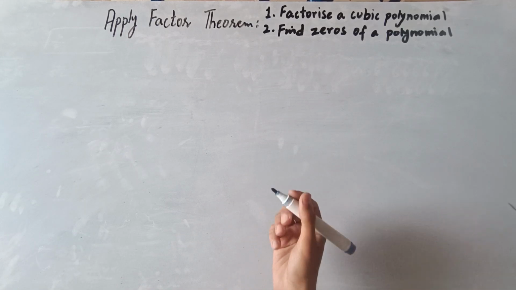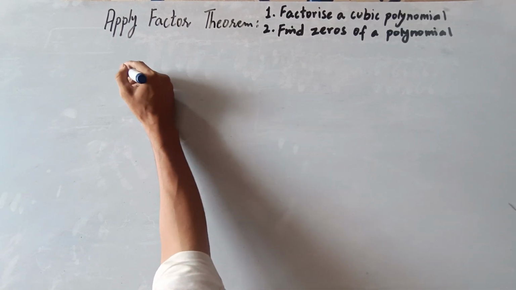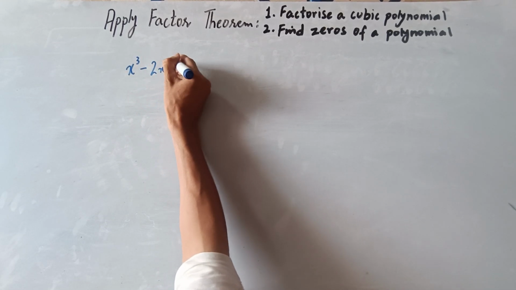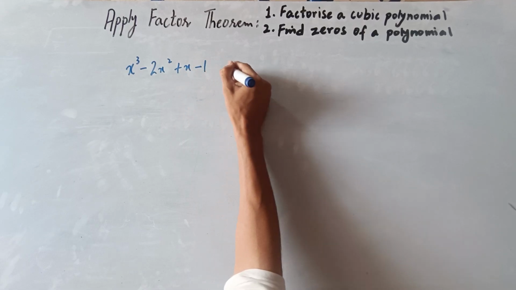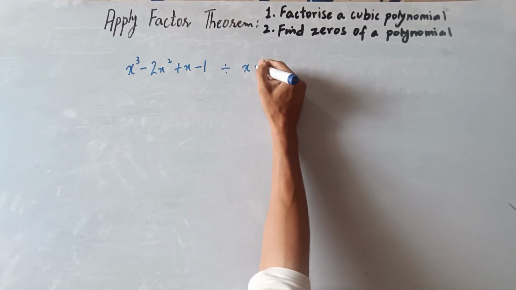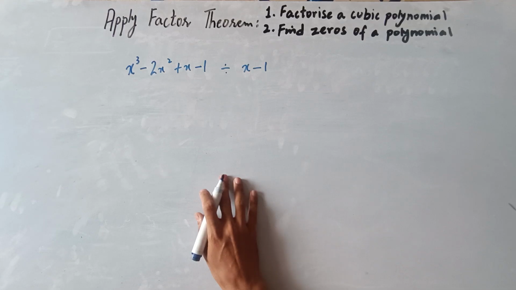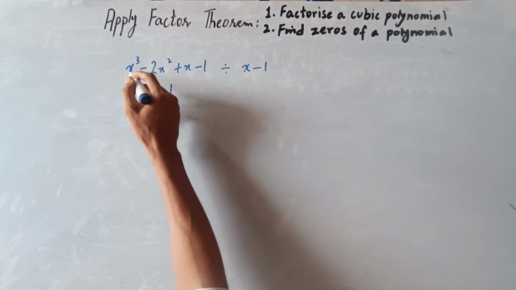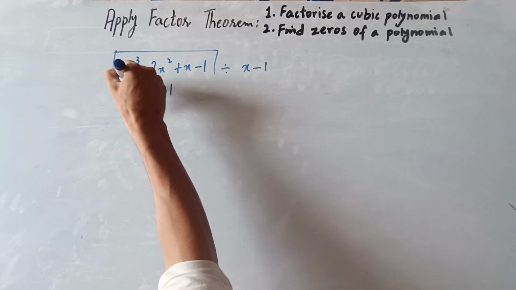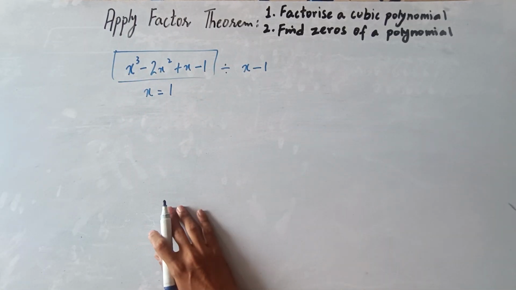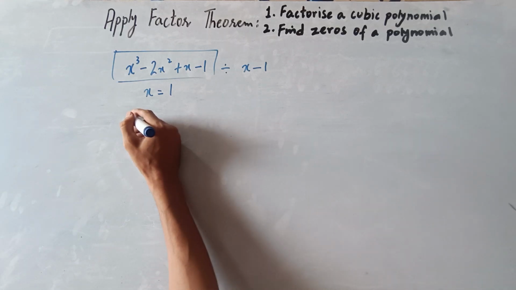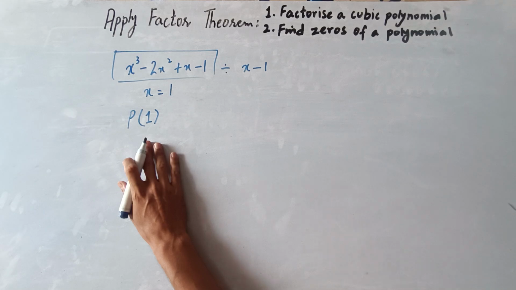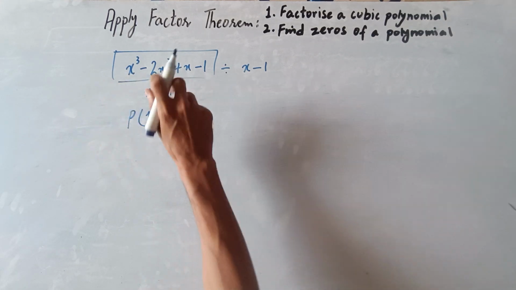and in the remainder theorem we have seen that if there is a polynomial and we divide the polynomial, let's say by this, what we do to find the remainder is put x equals 1 in place of x in this polynomial and we get the remainder, which we say is p of 1, because we have put the value 1 in place of x in this particular polynomial.